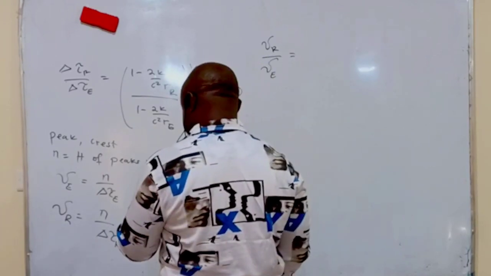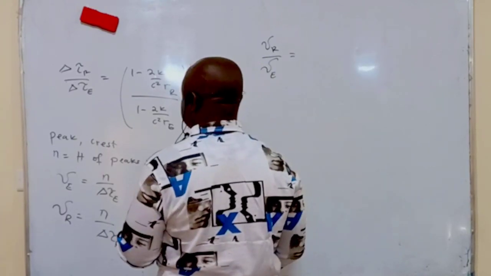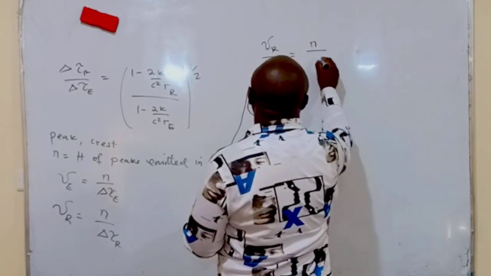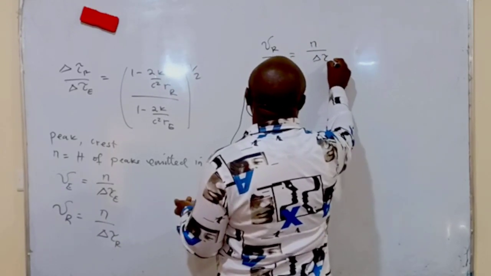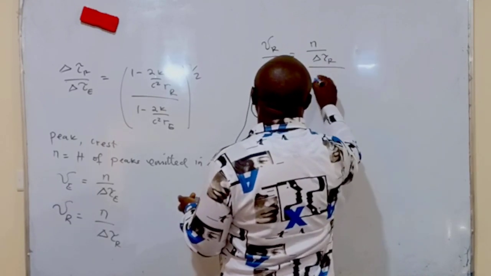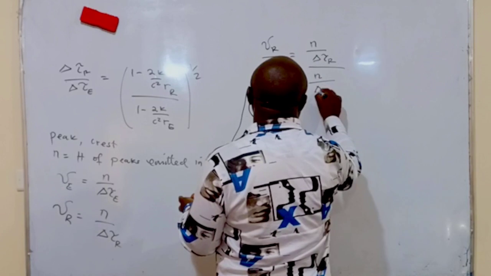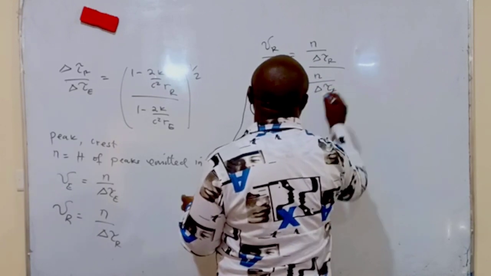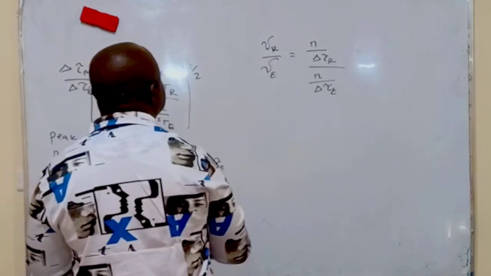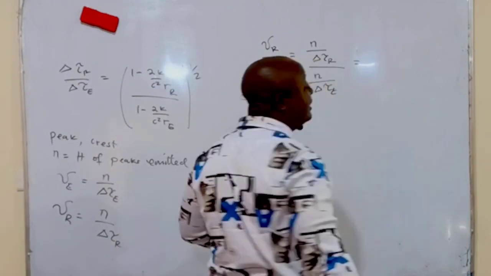It will be equal to n over delta t_r over n over delta t_e. So what would this be? It will be